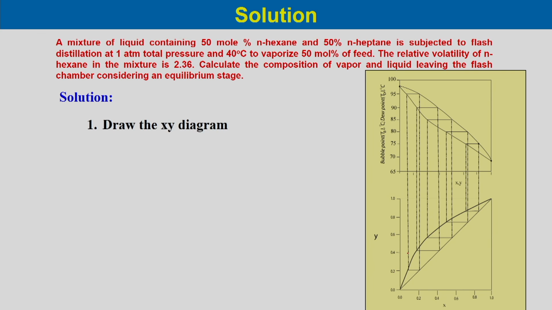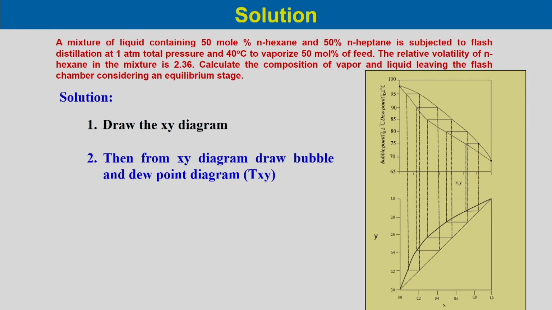First we need to draw the xy diagram. Then, as the bubble point and boiling point are given for both the components, and their Antoine equation is given to calculate the vapor pressure, either from there or from here we can plot the Txy diagram, the dew point curve and then the bubble point curve, as shown, because it is the same example which we took during the first lecture. So, you can see the same figure over here.